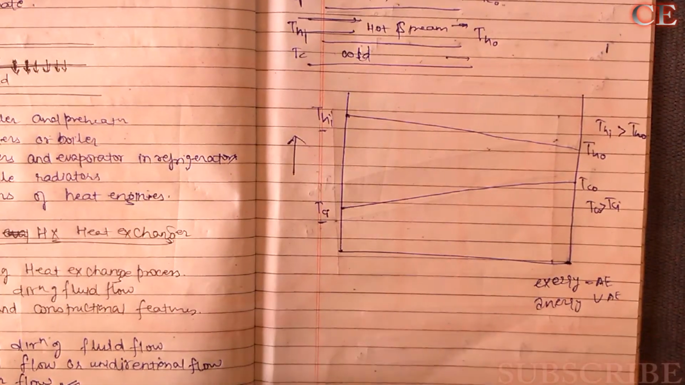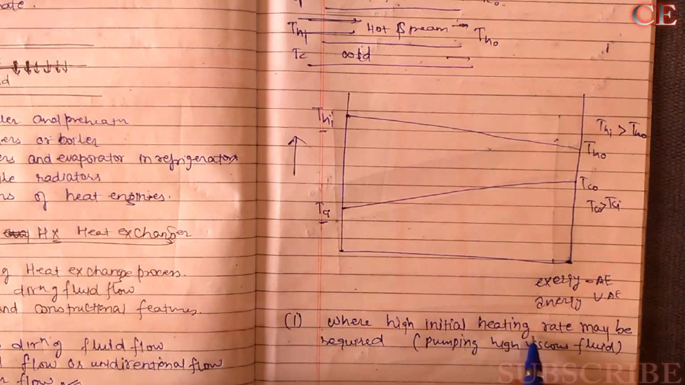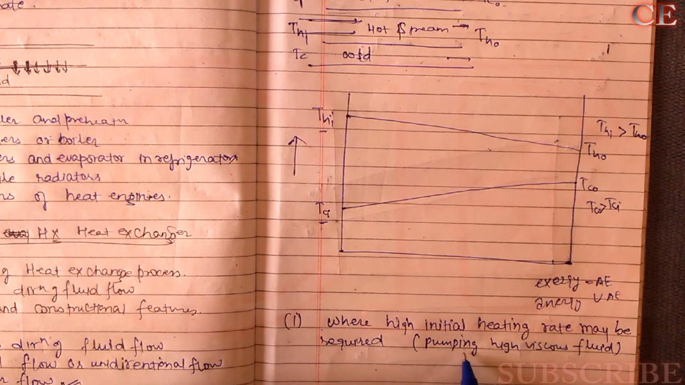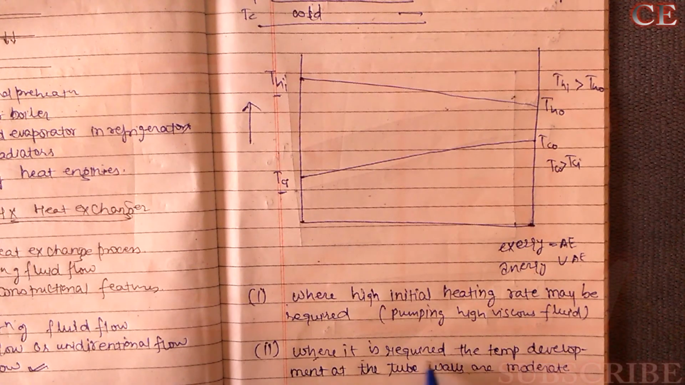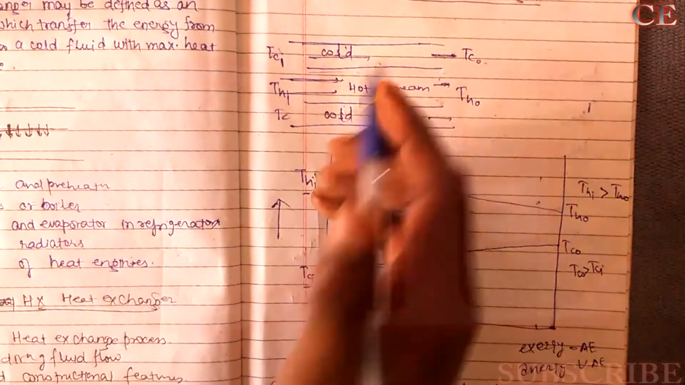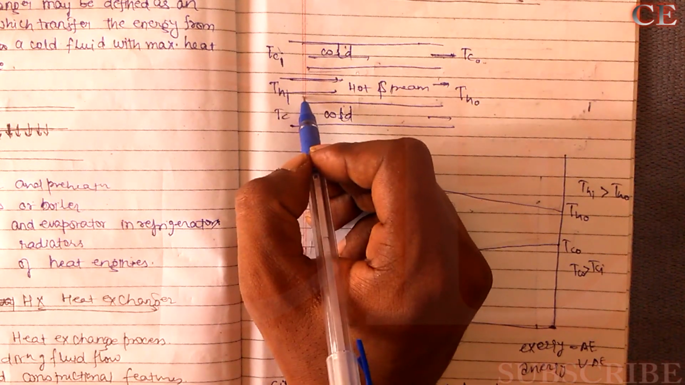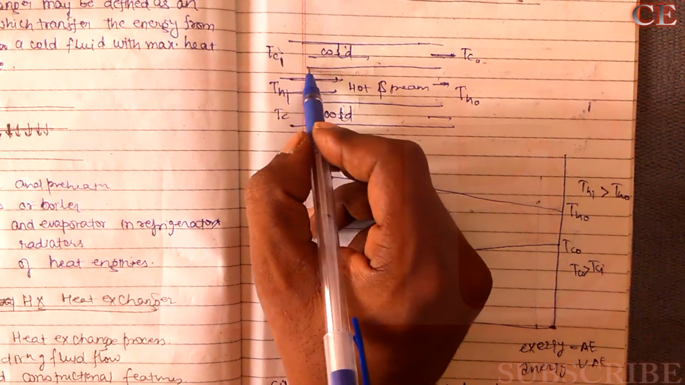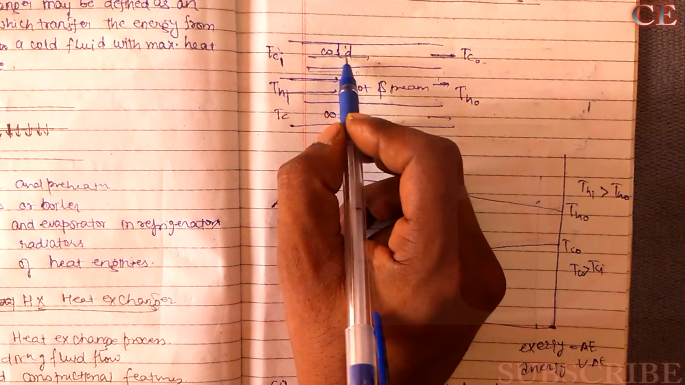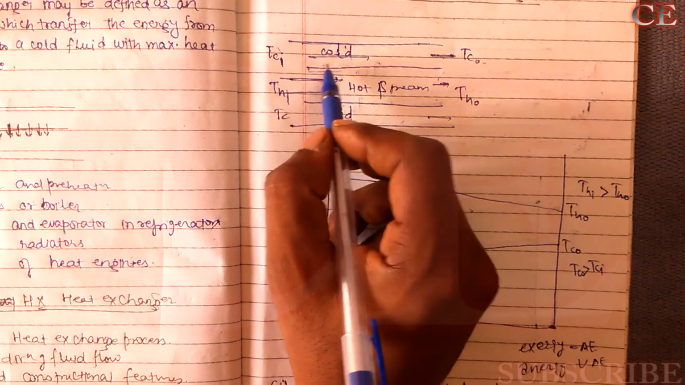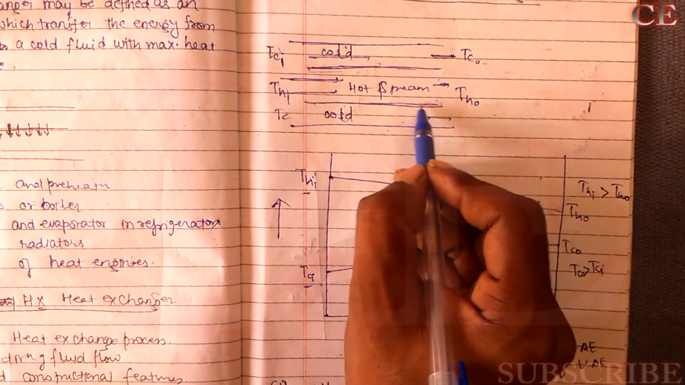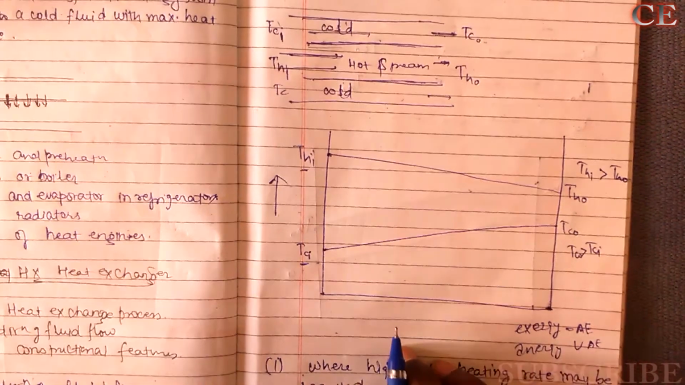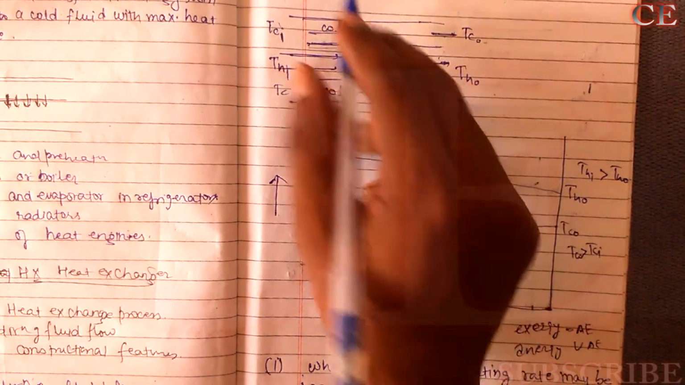Another example: the first one was where a high initial heating rate is required, so it is used for pumping highly viscous fluids. The second point is where the temperature development at the tube walls needs to be moderate. In this parallel flow heat exchanger, hot fluid enters at a high temperature and cold fluid enters at a lower temperature. When it flows, a moderate temperature is obtained. So the walls do not get heated a lot. Where a moderate wall temperature is required, we use